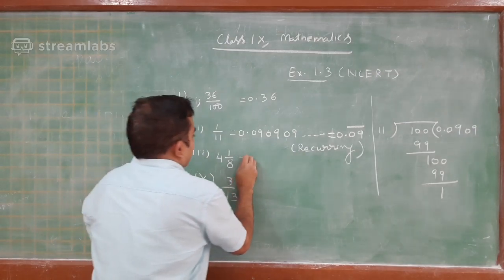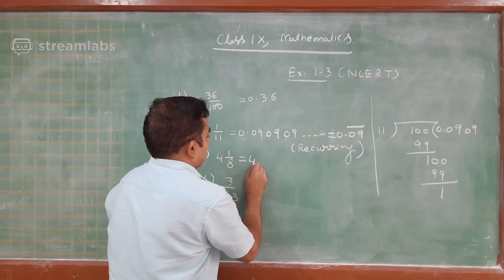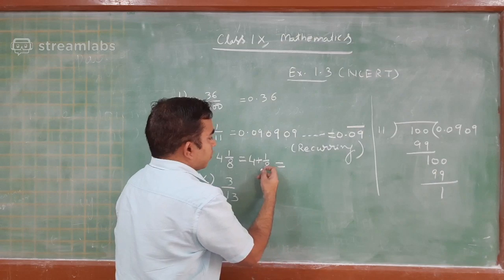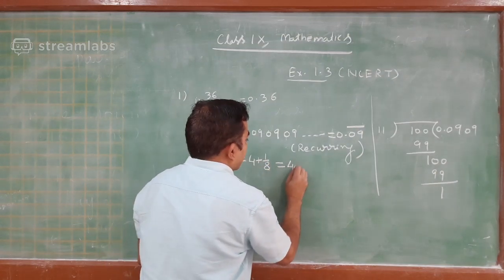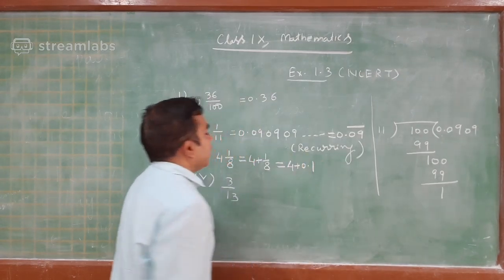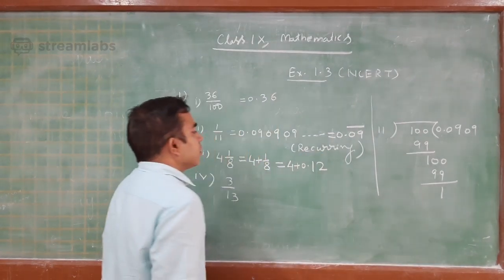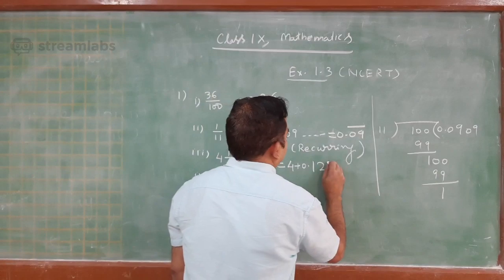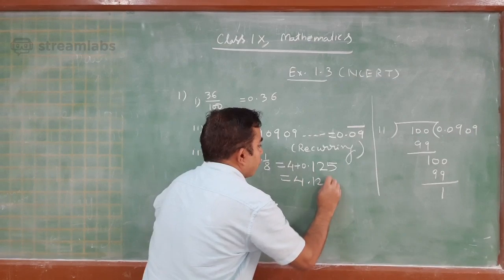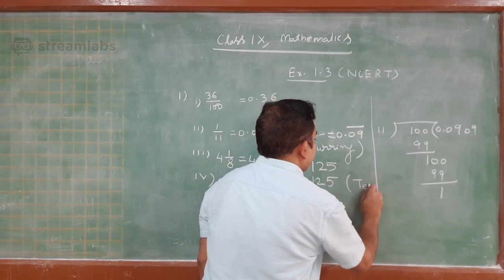isn't it? This number also can be expressed in this manner, and you can do a division of 1 divided by 8, and this will become 1, 8 ones are 8, 20, 8 twos are 16, 40, 8 fives are 40, and this has become 0.125 and nothing more, right? It has terminated. So this is a terminating decimal expansion,